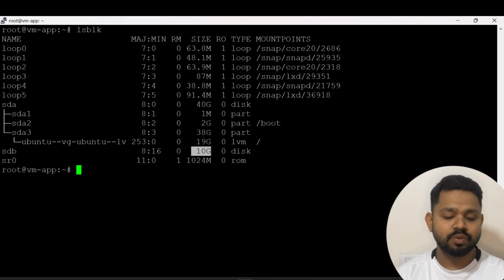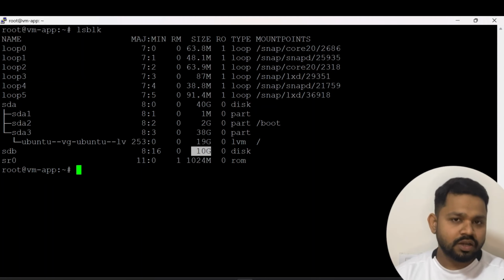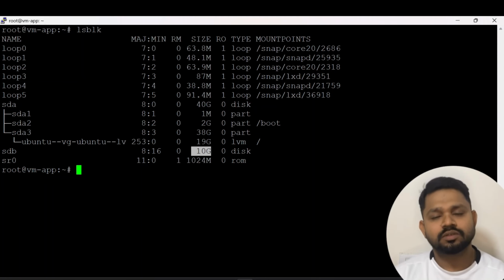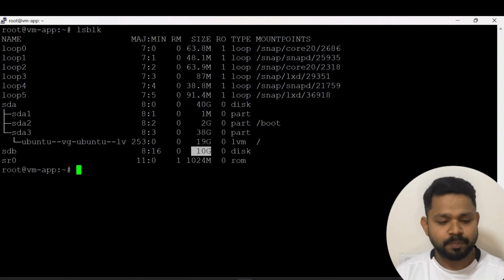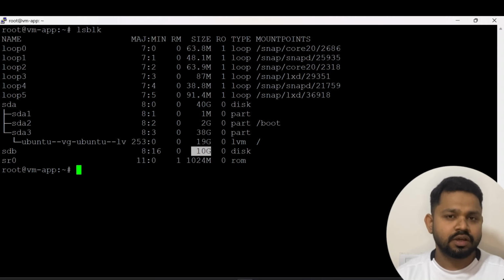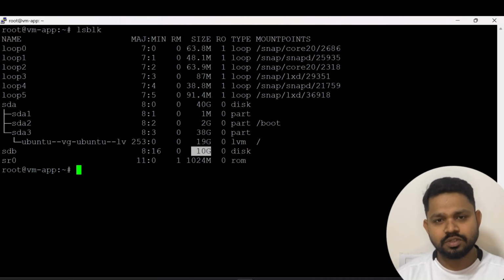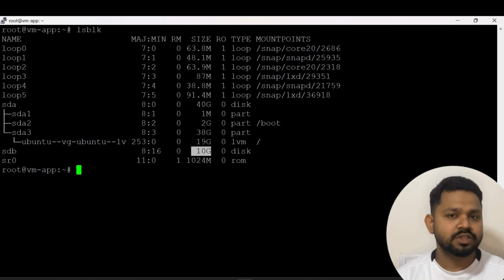Now I'll show you how we create the partition. Before that, what kind of request will we get? Say, for example, this is an app server where the application team wants a separate storage of slash app, and they need at least 5 GB of space to keep their application related data. This is just an example. They won't be needing just 5 GB or 10 GB. They may request 50 GB, 100 GB, 1 TB or such kinds of spaces, but